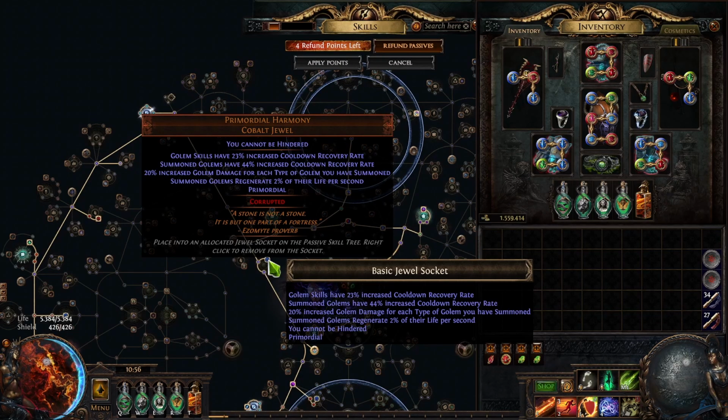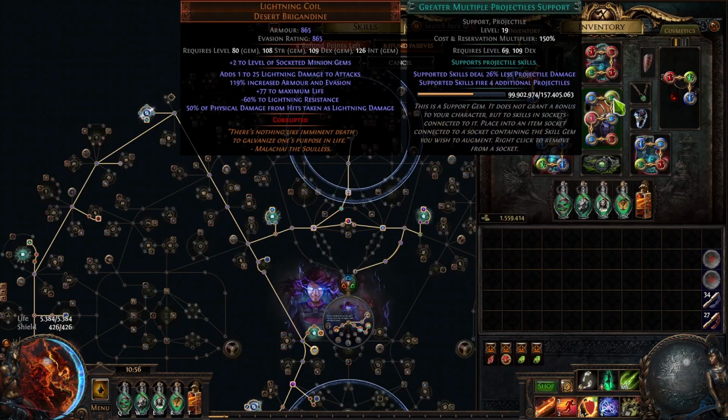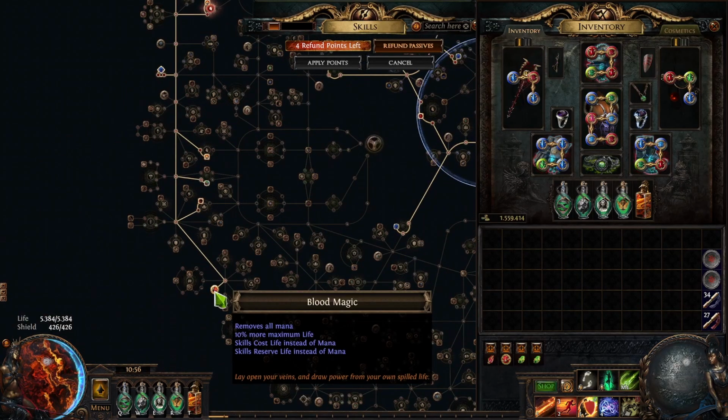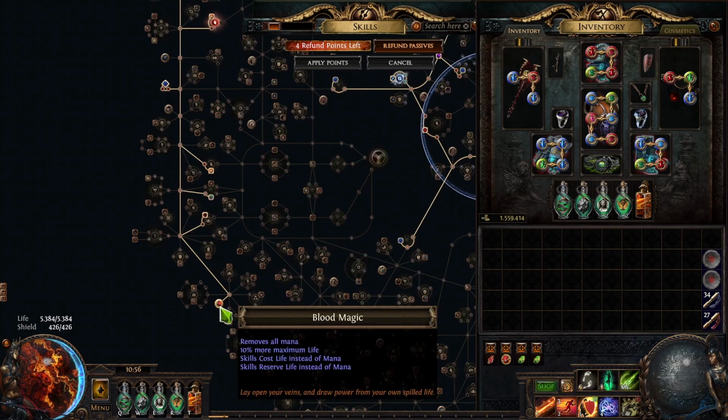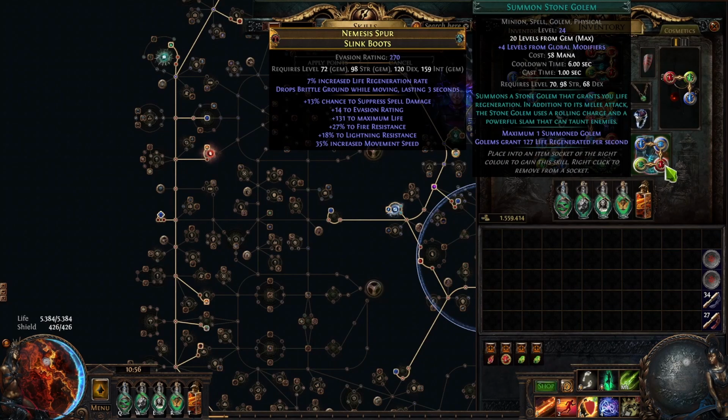increased cooldown recovery rate. You want this so that the Flame Golems use the Magma Ball spell as often as possible. Magma Ball can shotgun, which is why we're using GMP in this build. I'm using Blood Magic, because if you have 7 Flame Links active, the mana cost is getting very high. And if you convert this to life cost, it's way more manageable, because we're using a Stone Golem, which grants